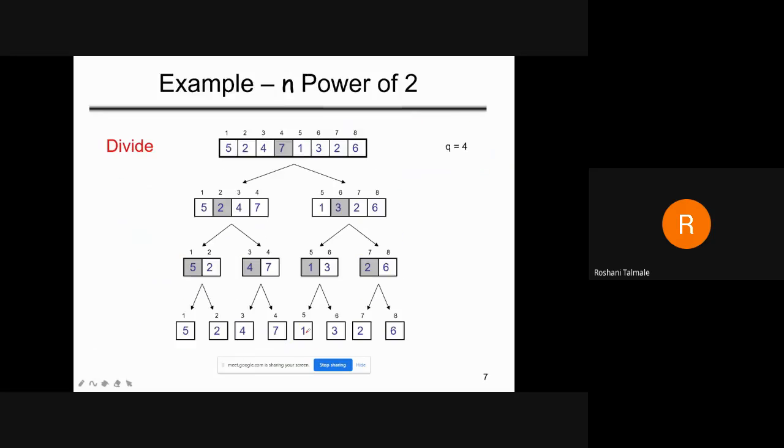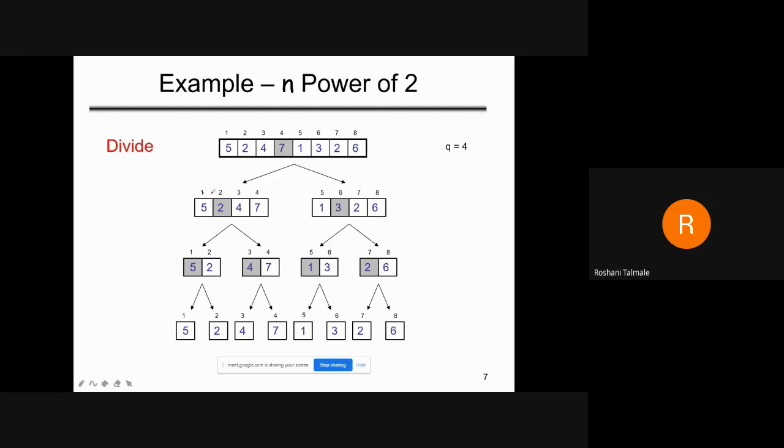Okay. Now see, this is an example of merge sort. This is the value which is given. An array of size 8 is given, and these are the elements that we have to sort. Remember, because you know the procedure, only then are we able to calculate the complexity of this algorithm. Now we will divide it. How will you divide it? P plus Q divided by 2. So it's 4.